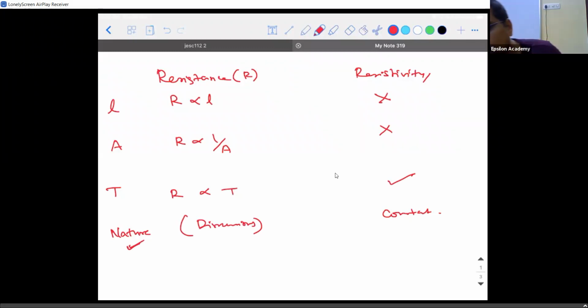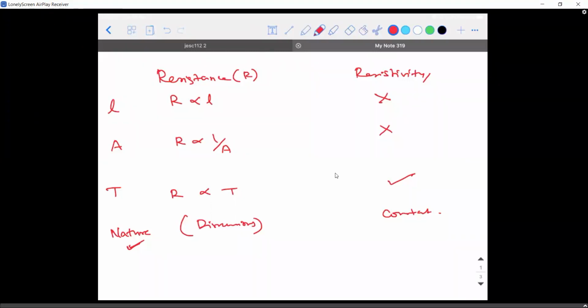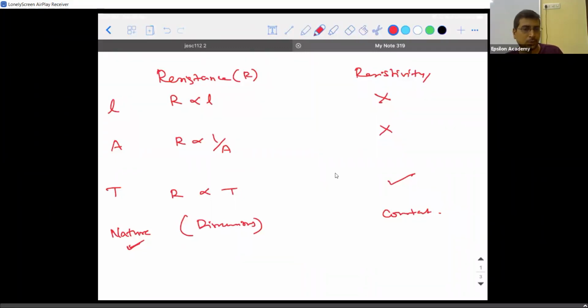So what is the meaning of this, guys? Listen to this very carefully. Last class when I asked you, will every conductor have resistance? You people told me yes. So mostly conductors are metals. If I take a wire, let's say this wire is made of copper. This wire has some amount of thickness. If I take this portion of this copper wire, it is insulated: inside you will have copper wire, outside it is plastic.